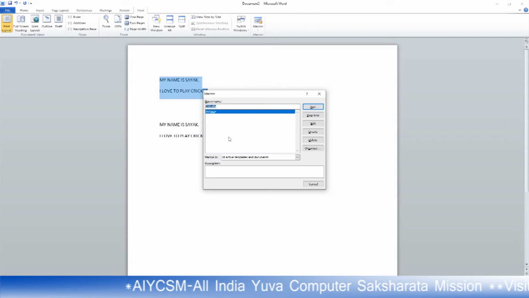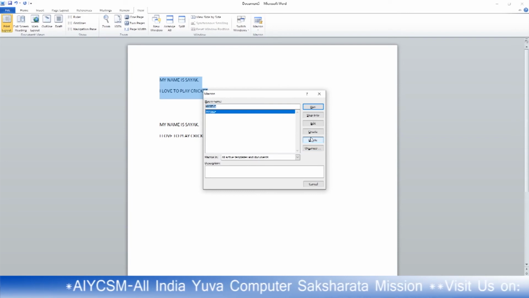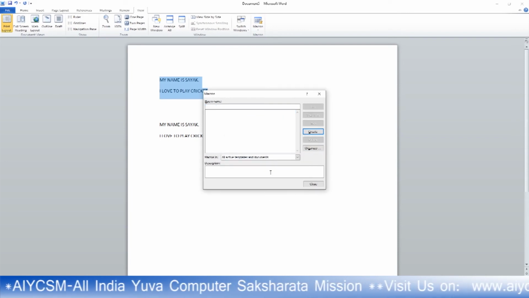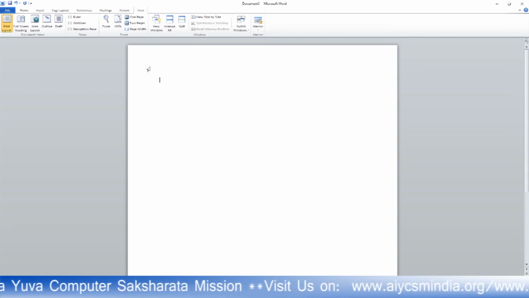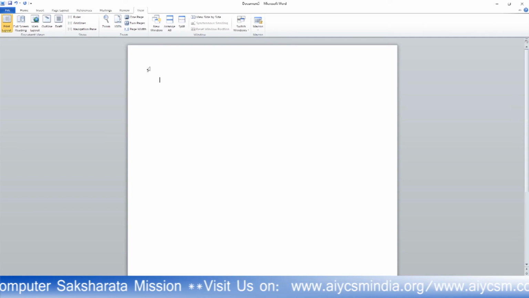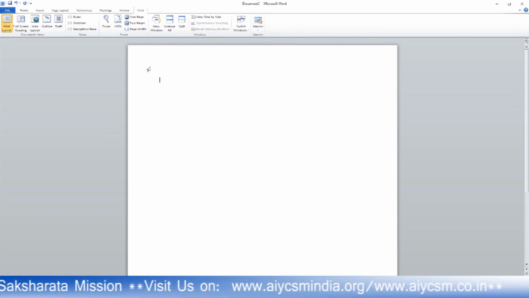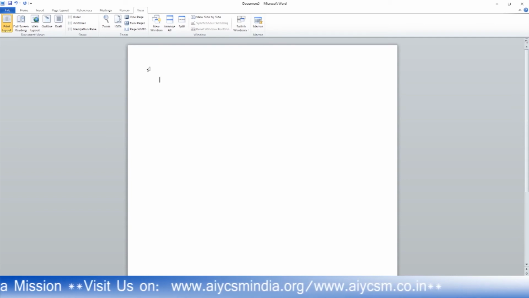You will not have to remember. In view macros, if you don't want this macro, delete it. Do not save many macros in your system. Macros take so much space that they slow down your computer.